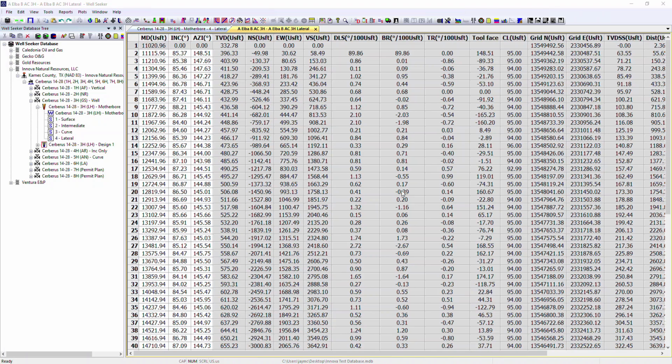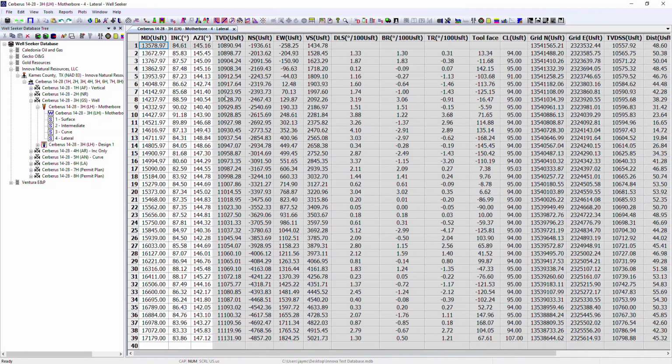In addition to the 4 dashboards I've just introduced, there's one additional dashboard that can be very useful for real-time monitoring, and that's the DD dashboard. The DD dashboard provides a detailed overview of a specific well and is accessed via the slide sheets. So we've got a couple of surveys open. I'm just going to close one of these. You have to have a survey open in order to be able to access a slide sheet. So in this case, we've got our lateral survey open for 3H. And we'll access the slide sheet,